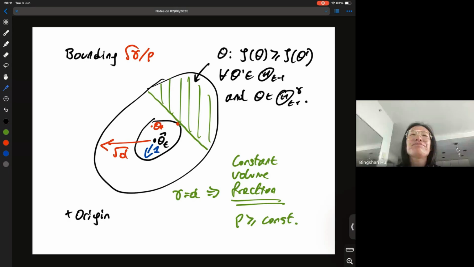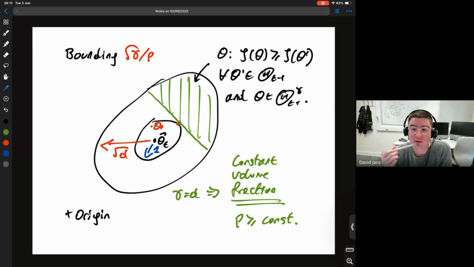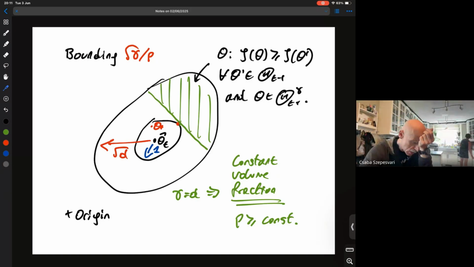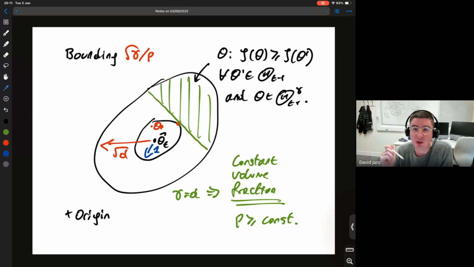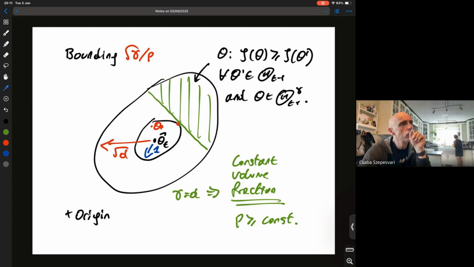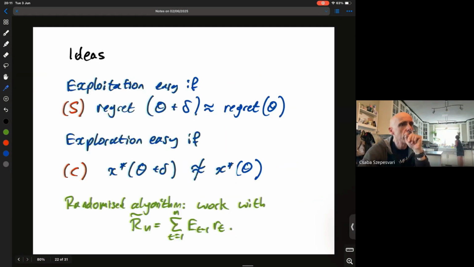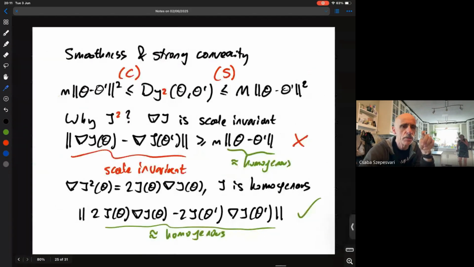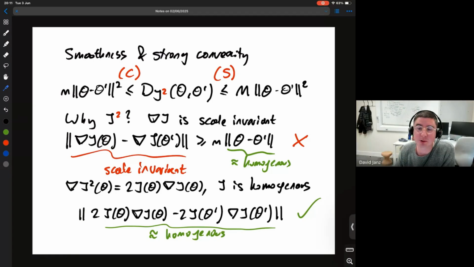Okay, thank you. Shaba? Yeah, how is the curvature of the action set influencing the regret bound again? It's the ratio of big M over little m. So it's literally the kappa. So what happens with the alpha as p goes to infinity, with both curvature cases? Regret goes to infinity.